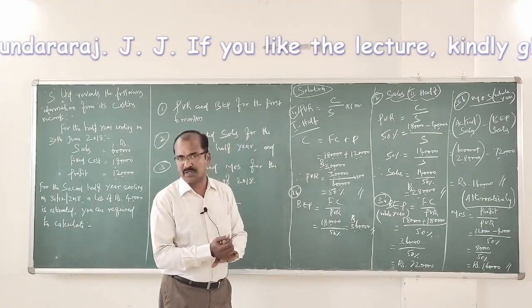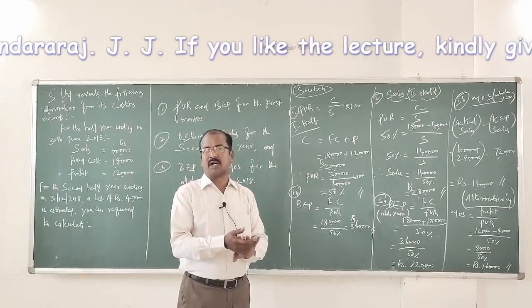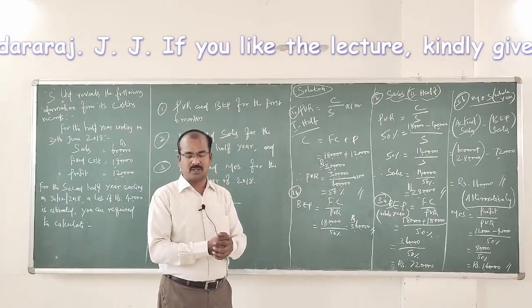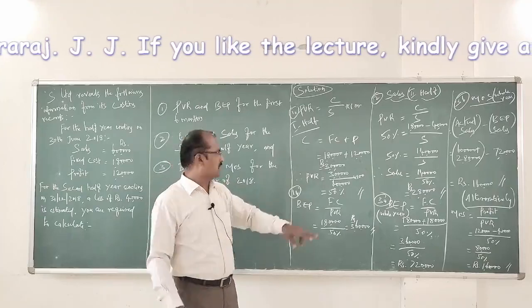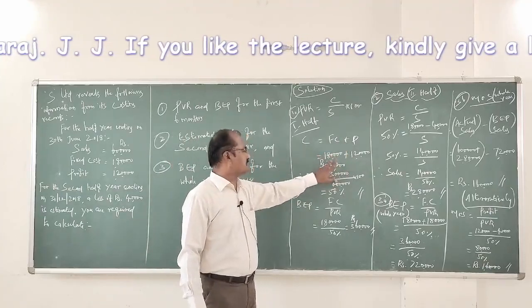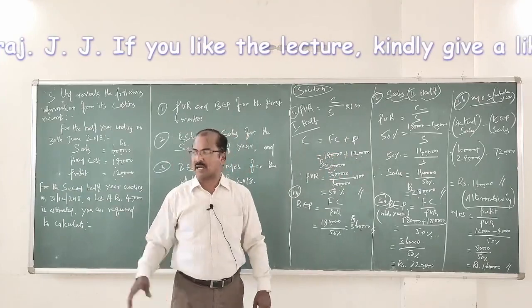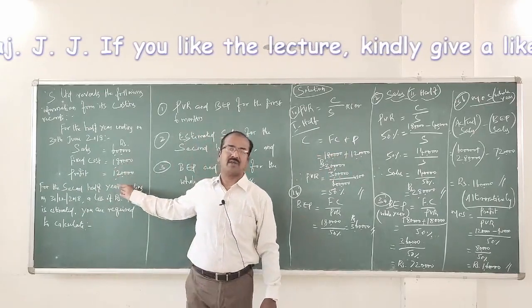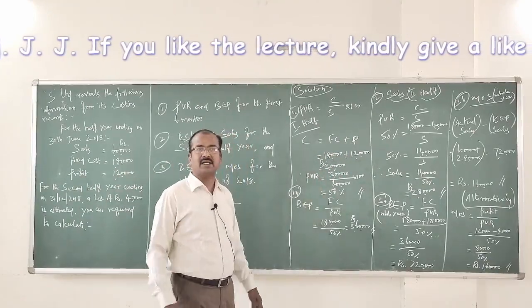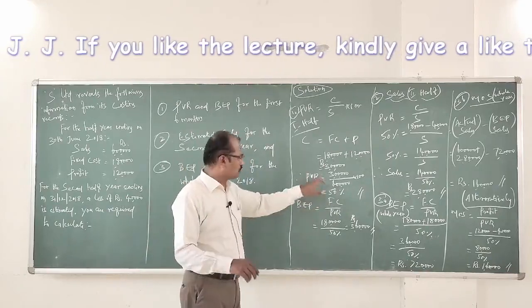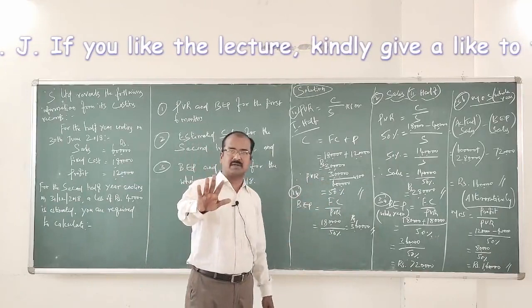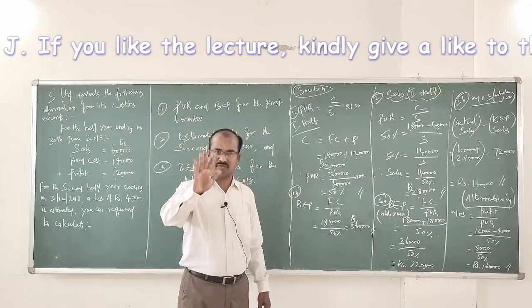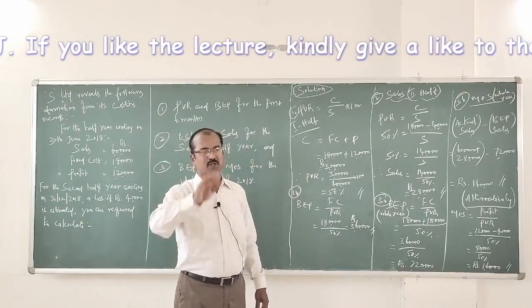Sales is 6 lakh rupees, straightly given in the problem. What about contribution? Contribution is nothing but the total of fixed cost and profit. So fixed cost plus profit is equal to 1,80,000 plus 1,20,000, directly given in the problem, which is equal to 3 lakh. So PVR is equal to 3 lakh divided by 6 lakh rupees into 100. It gives us 50%. So profit volume ratio for the first half of the year is 50%.